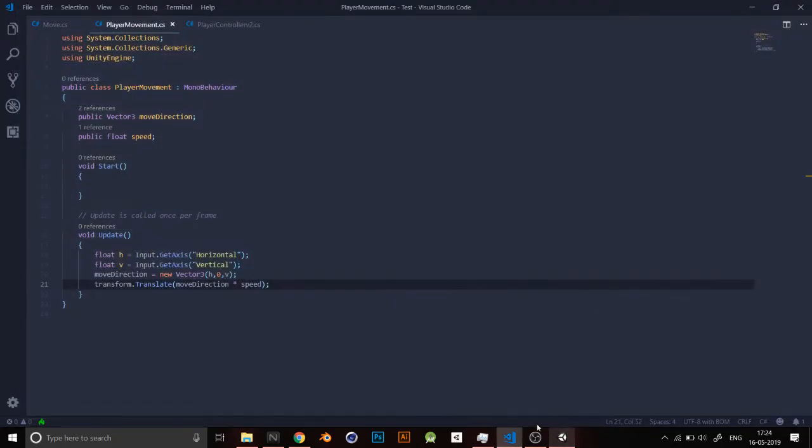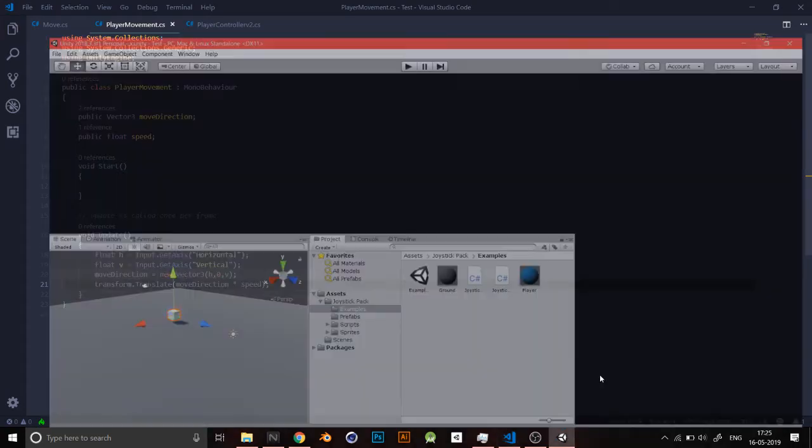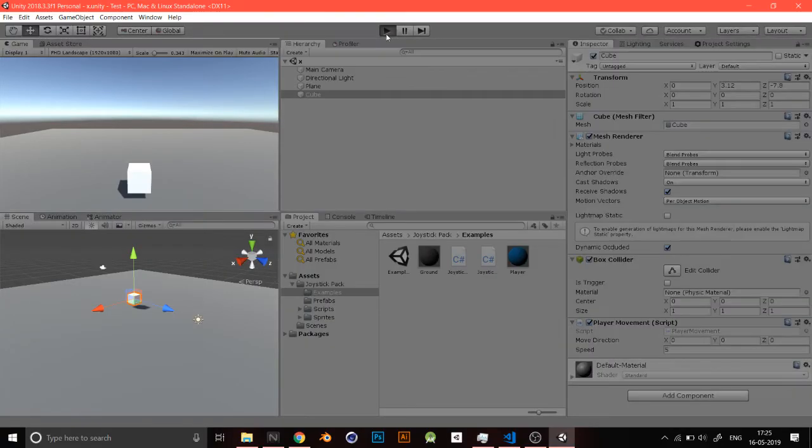Oh, okay, another thing. So transform.translate. The fact that it says transform here, you could also just have this dot transform. What it does is it refers to the object on which the script exists, which is the cube itself. So yeah, that's the thing. You don't actually need this dot transform every single time, because if you don't put this, it automatically assumes it's controlling that object itself. But you can put this dot transform. So continuing with that, once we press this,